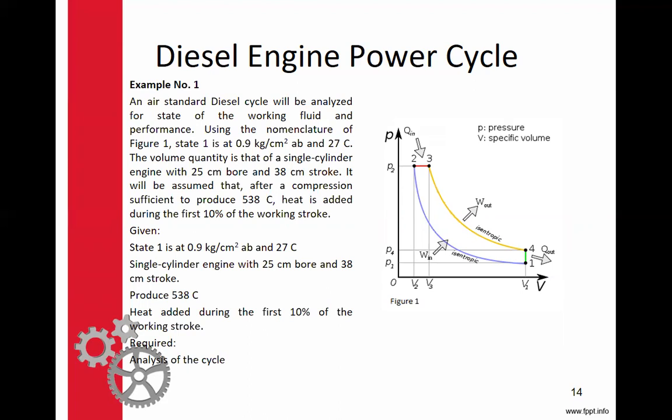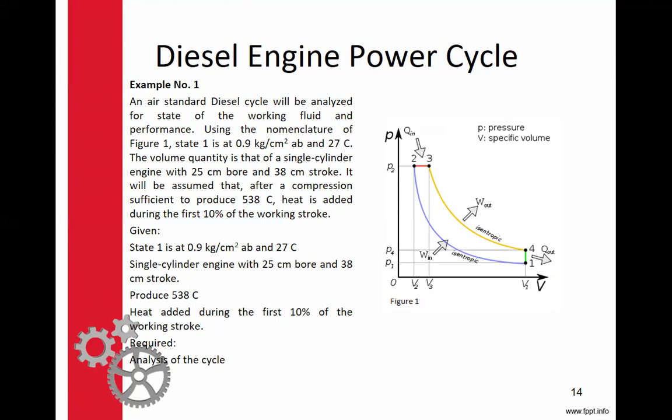So example number 1: an air standard diesel cycle will be analyzed for state of the working fluid and performance. Using the nomenclature of figure 1, state 1 is at 0.9 kilogram per centimeter squared absolute and 27 C. The volume is that of a single cylinder engine with 25 centimeter bore and 38 centimeter stroke. It will be assumed that after a compression sufficient to produce 538 C, heat is added during the first 10%